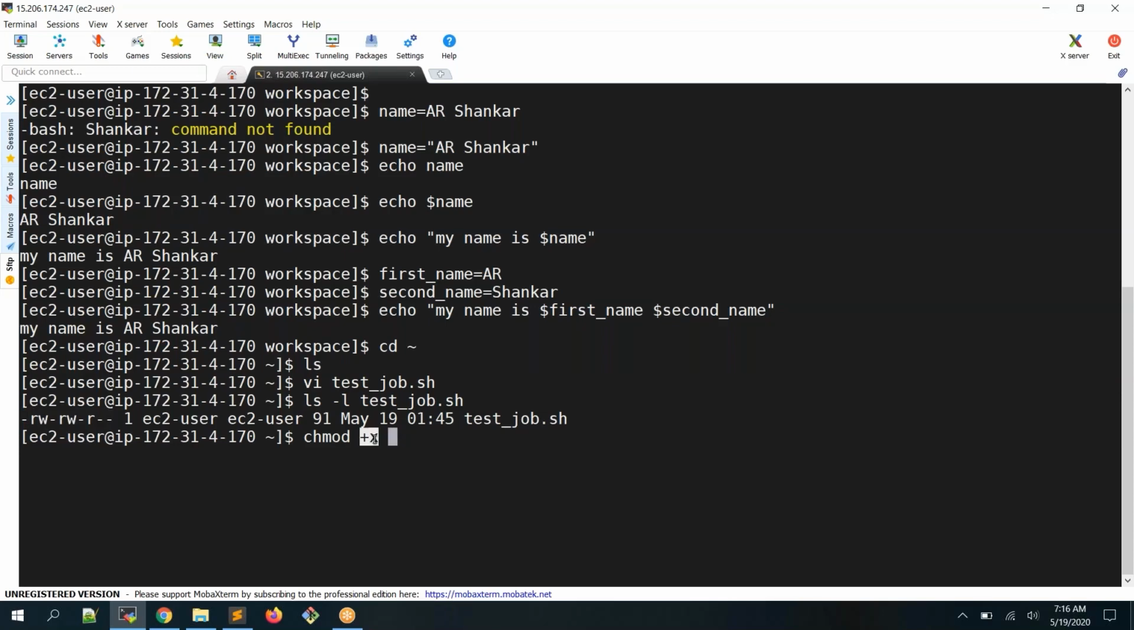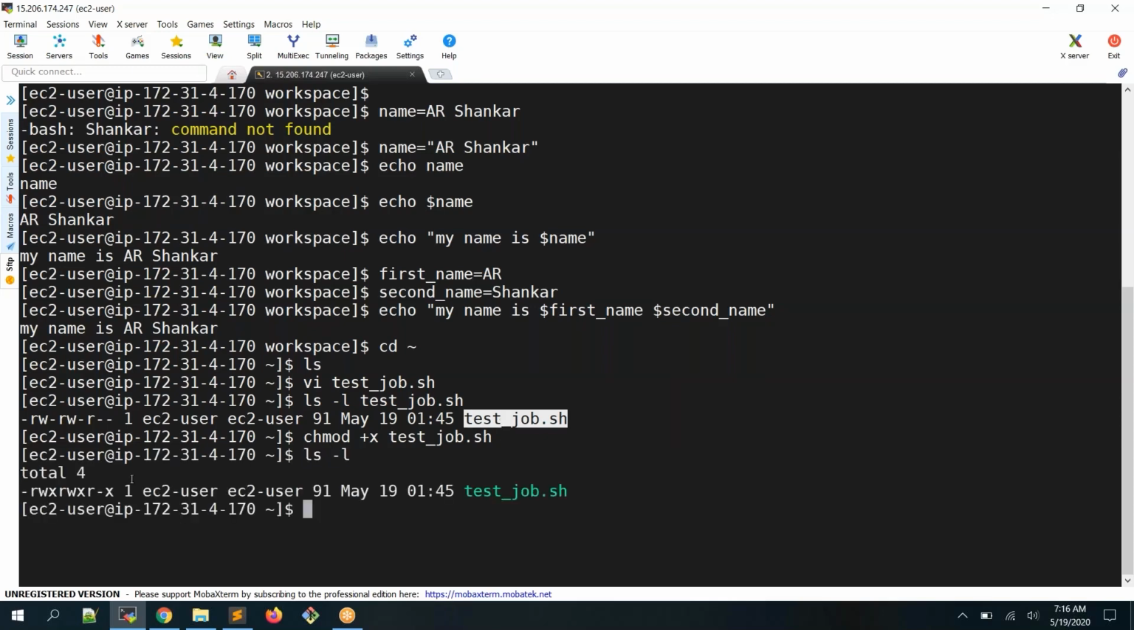So x is treated as execution permission, so we are giving execution permission to this particular script, so everybody gets the execution permission. Now you can see here everybody got the execution permission. Plus x is nothing but giving the execution permission to everyone. Now the color has also turned green. Now if I execute it,